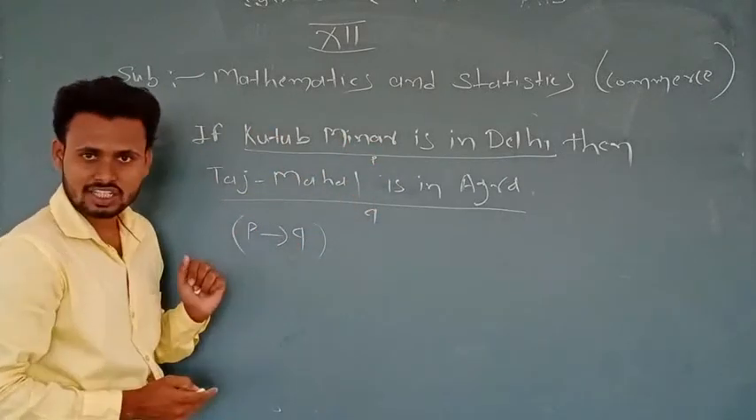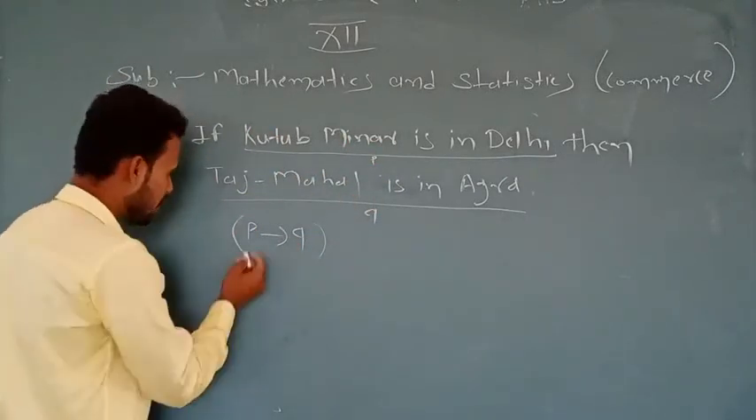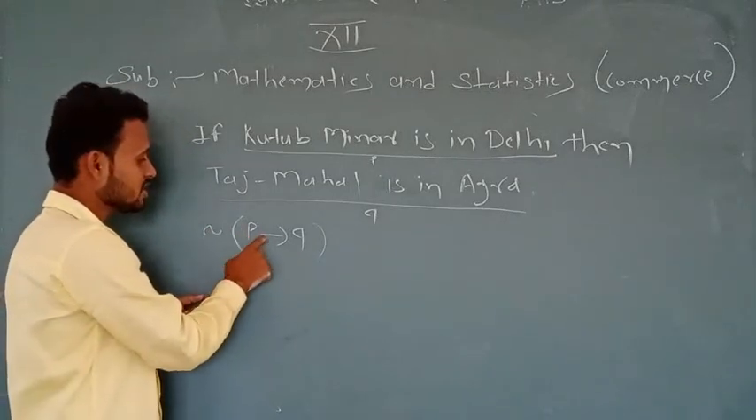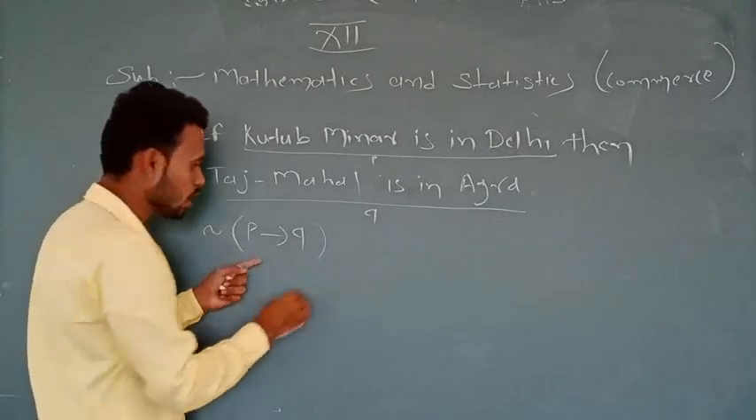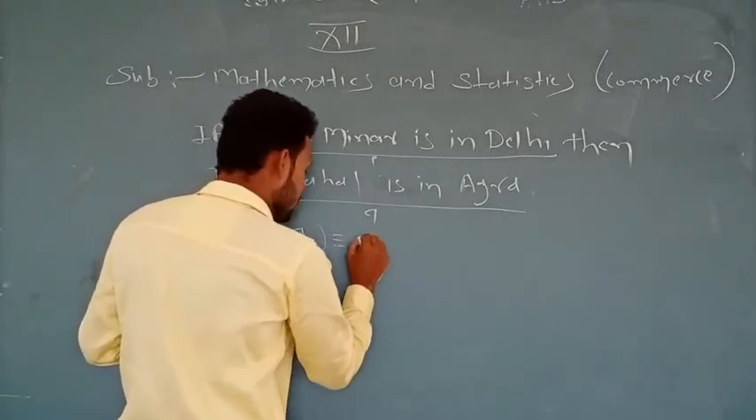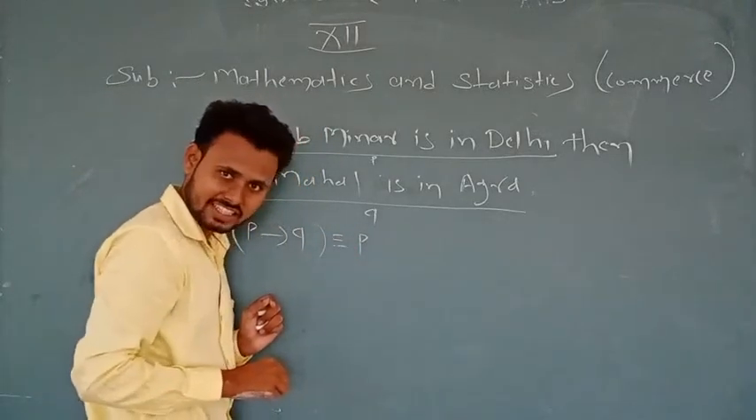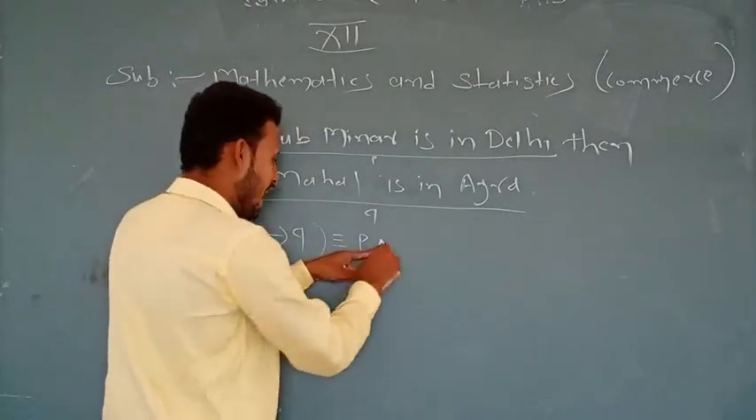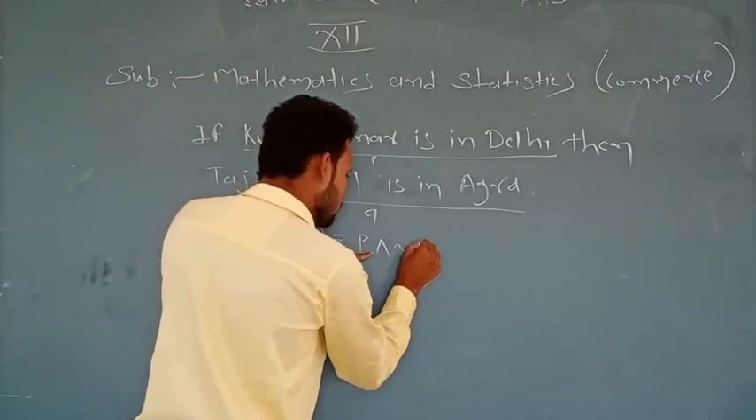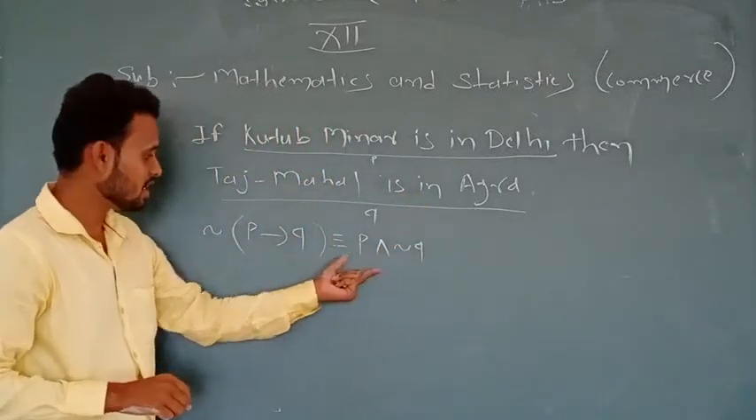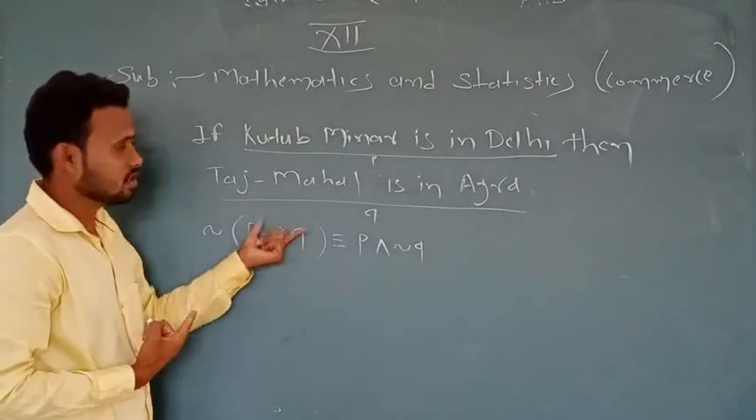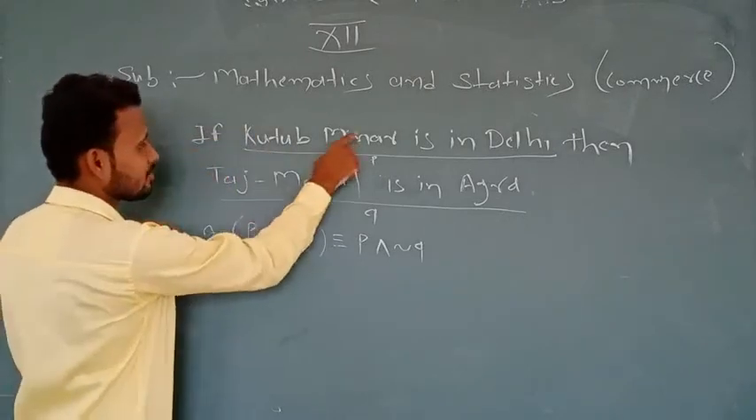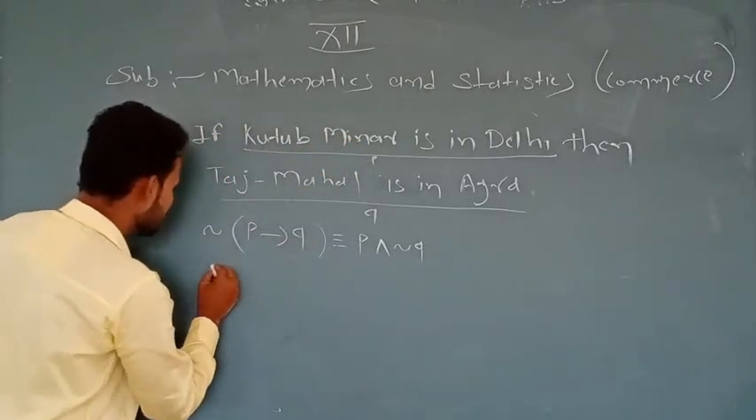Then for the negation of that statement, we know that the negation of a conditional statement of two simple statements is equivalent to the first statement P as it is, and just take the negation of the second statement Q, which is the required negation of the conditional statement. Therefore, what will the negation be? First statement as it is. It means